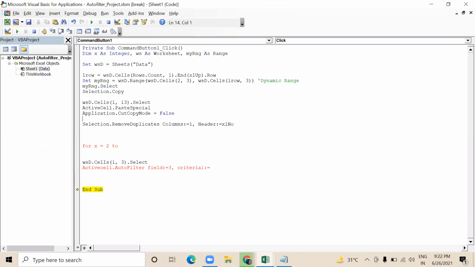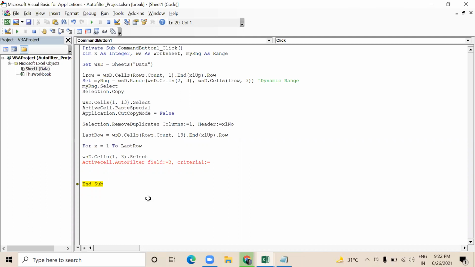So this time I am saying last row, and this time my last row will become the one which we have pasted on M1 column. So I want to say this last row will be rows.count comma 13 Excel up. So my loop will run from 2 to last row.